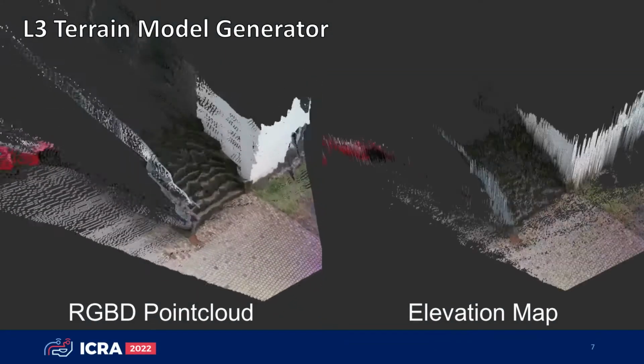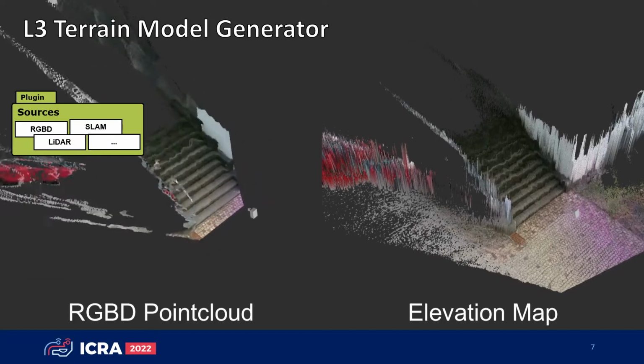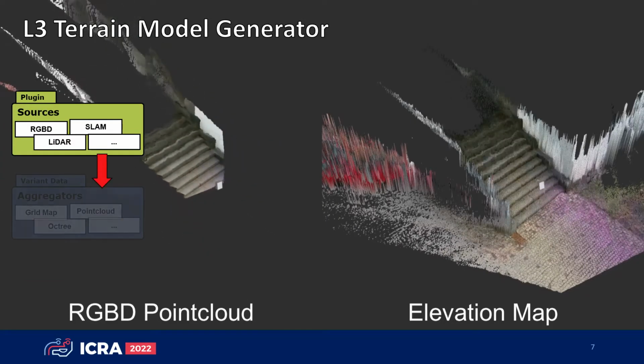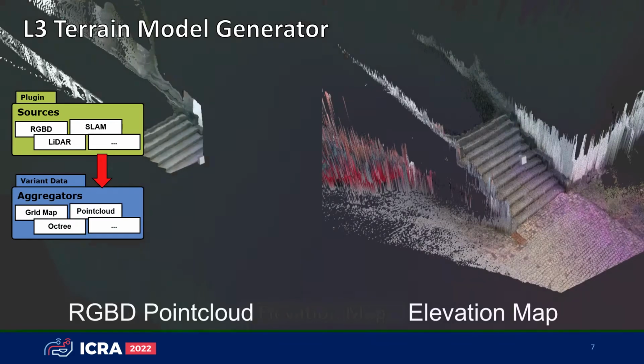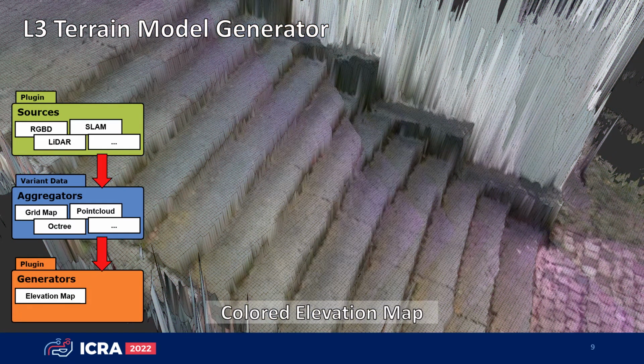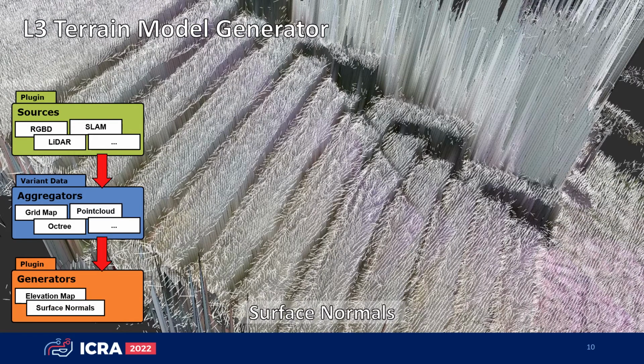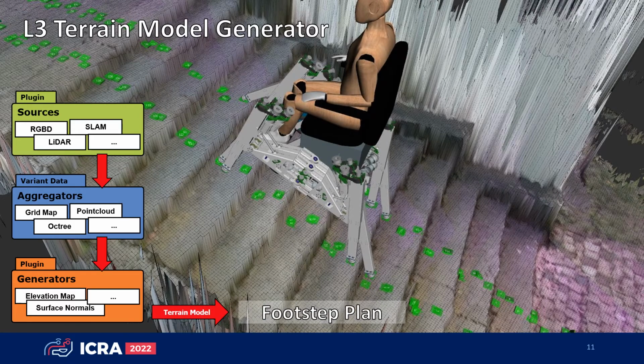Our new modular terrain generator uses plugins that allow us to freely compose our world modeling processing chain and use different data sources and aggregation data structures. It provides an elevation map with optionally available color data and surface normals, which are used for our presented footstep